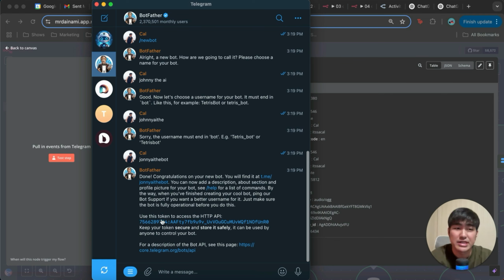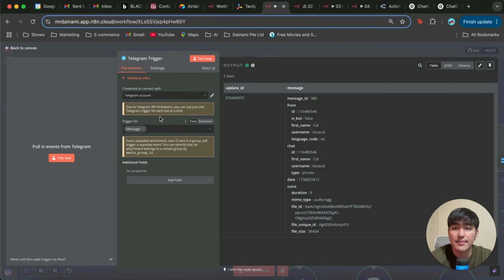Very easy and very intuitive. And from there, you can then chat with your AI chatbot. Once you're done with that, make sure the trigger is set to message before we move forward. This ensures that whenever we type a message in Telegram or send it through voice, it will trigger our